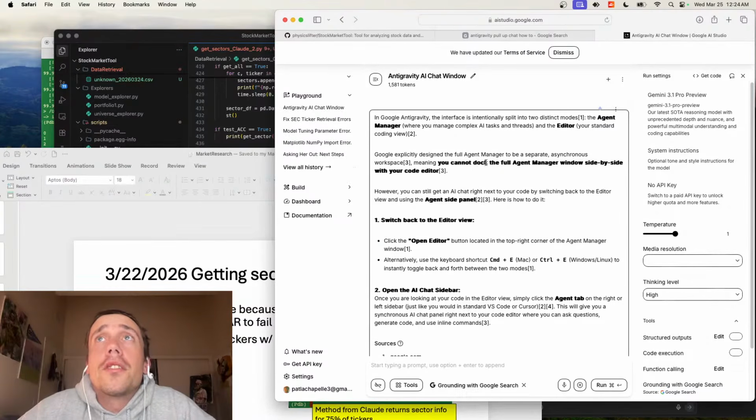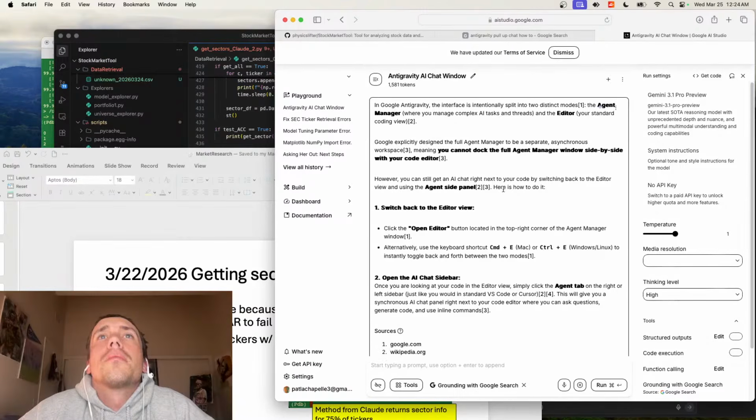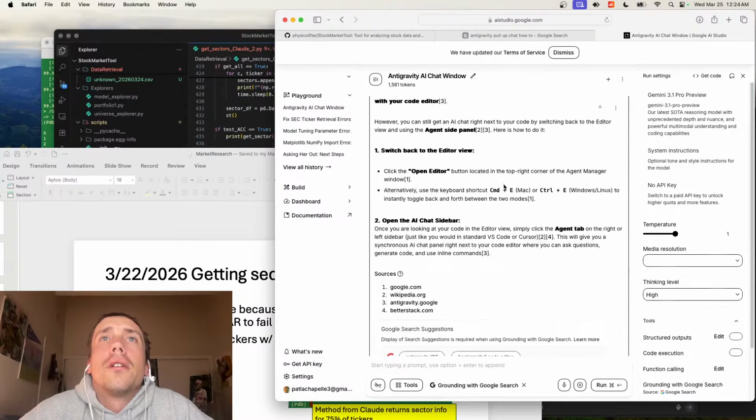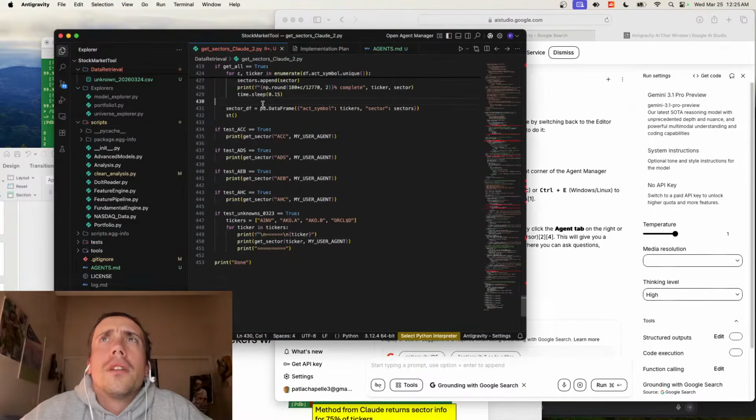Interface is intentionally split. Switch back to editor view. Click the open editor button. Once you are looking at your code in the editor view, simply click the agent tab on the right or left sidebar.